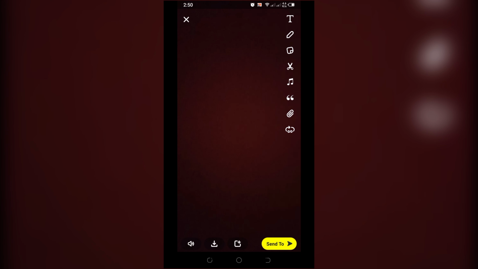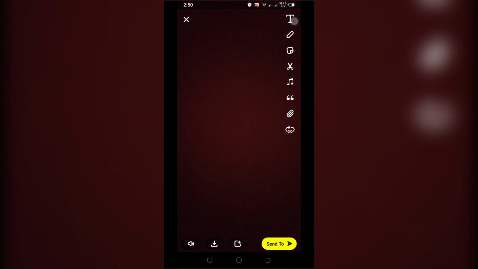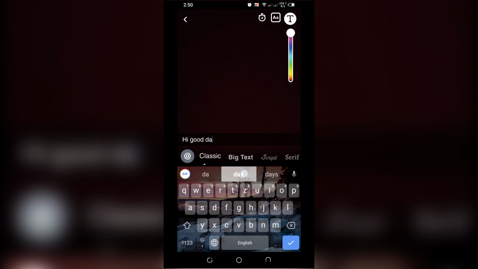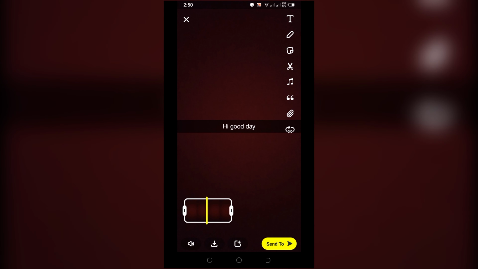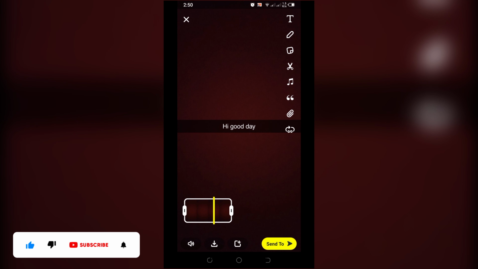After doing that, you leave it and you can add a caption, or you can add something like hello, good day. Once you're done with that, you can simply send to your snap. So I'll click on send to,